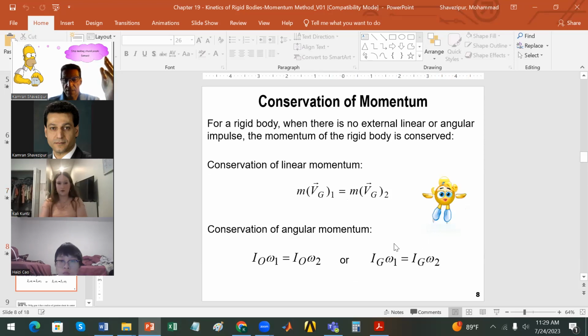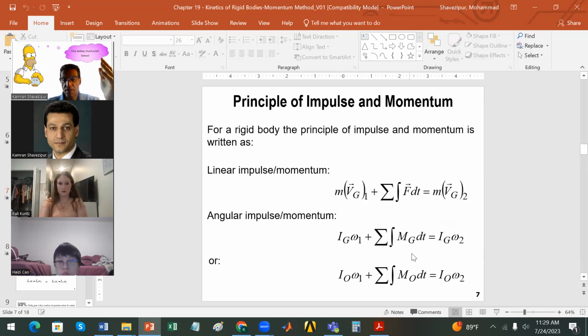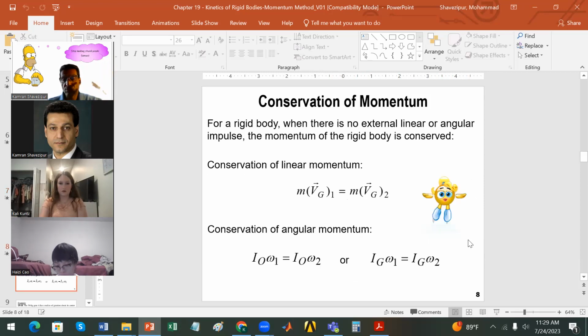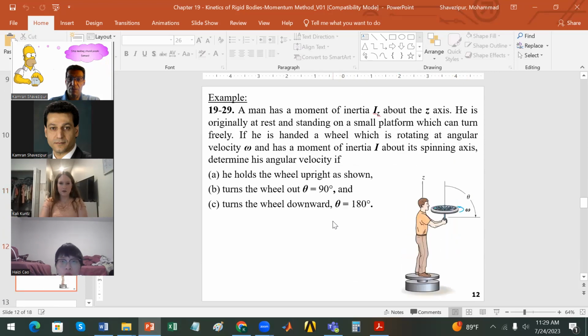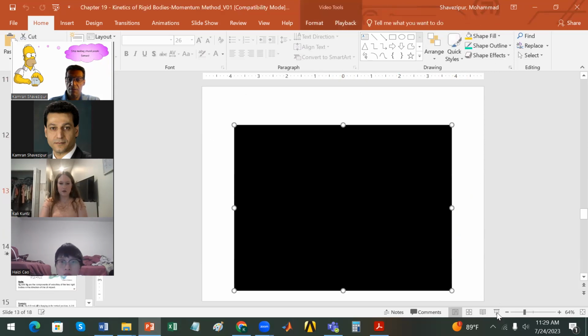And we said, okay, if there's no force or moment applied, initial and final linear and angular momentum will be the same. This is the conservation of momentum for rigid bodies. You saw that in cases like ice skating, or even the video I showed you here, when there's no external force or moment,